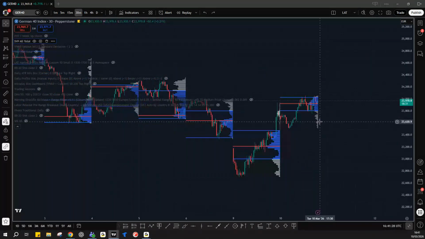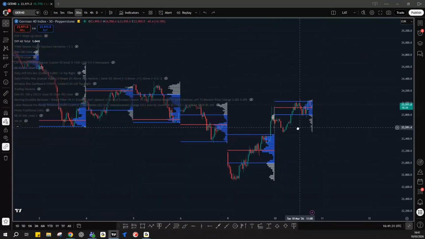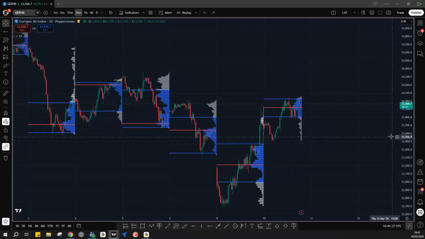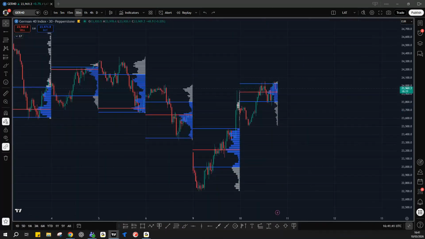Now, if we look at this on a bit of a profile basis first. Okay. Now, this is one of the setups that we had a look at earlier today. With the value area, this is the dark blue section on my profile. This is showing us where roughly 70% of volume is traded for this day. So similar to the point of control, it shows us a larger area of where this price was accepted. Where were we happiest to trade? Is this moving up and down with each day?